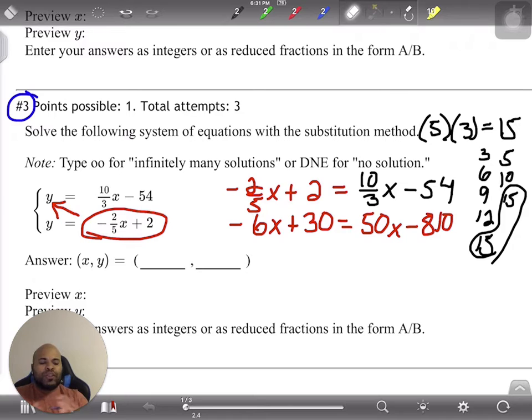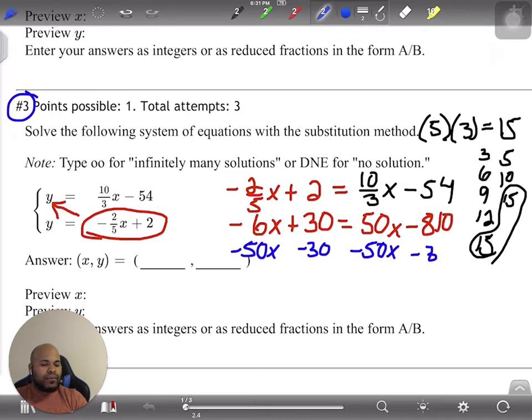So I can move all the variables to one side and all the constants to the other. So I'm going to move all the variables to the left. So I'm going to subtract 50x from both sides. And I'm going to move all the constants to the right. So I'm going to subtract 30 from both sides. Okay, I want to cancel those. And as an answer then to this, I'm going to get that negative, right? So negative